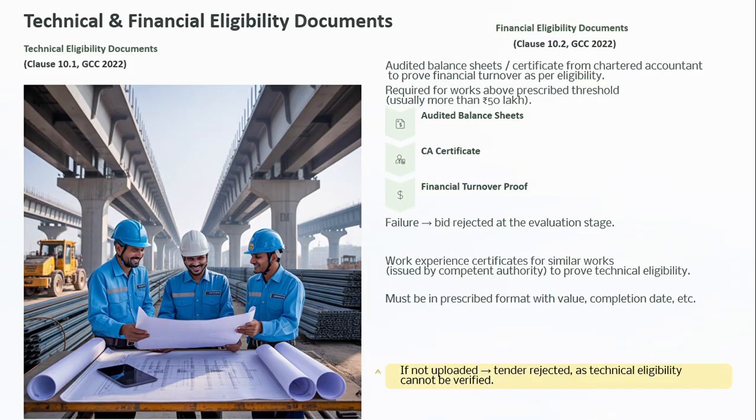Work experience certificate for similar work, issued by a competent authority to prove technical eligibility, must be in the prescribed format with value, completion date, etc. If not uploaded, the tender is rejected as technical eligibility cannot be verified. Both are technical documents: the balance sheet CA certificate, turnover certificate, and the civil nature of work experience certificate,